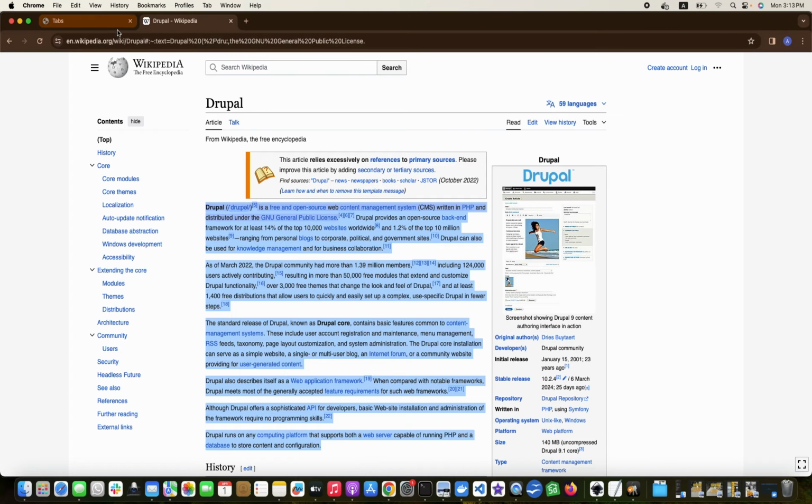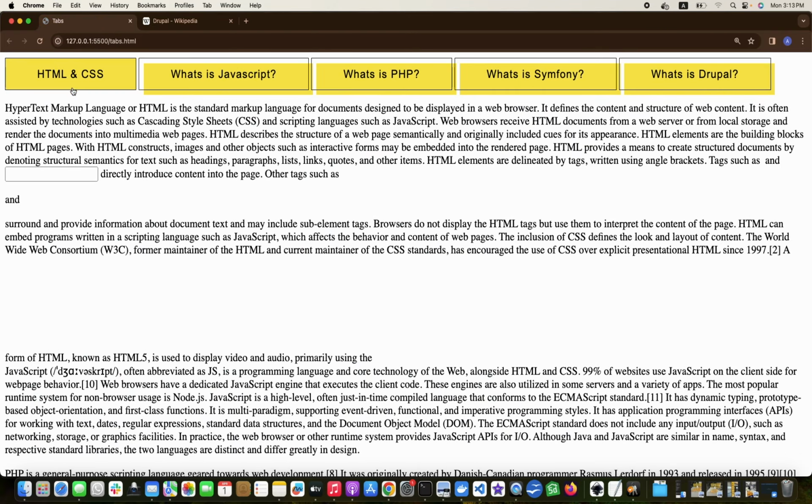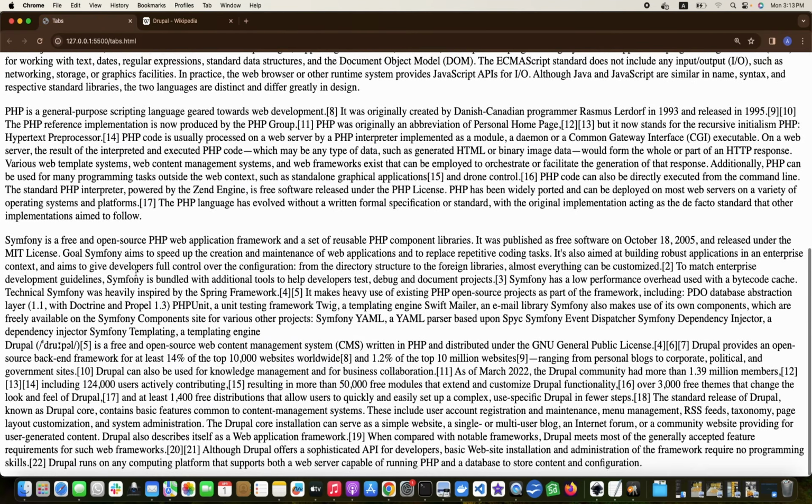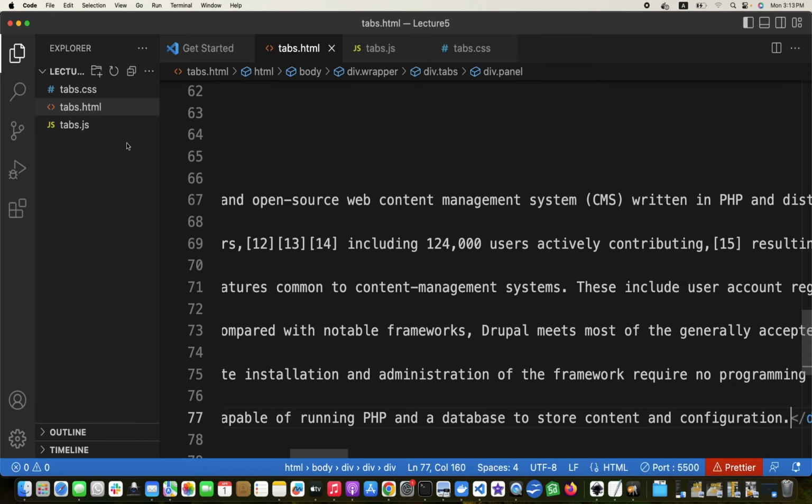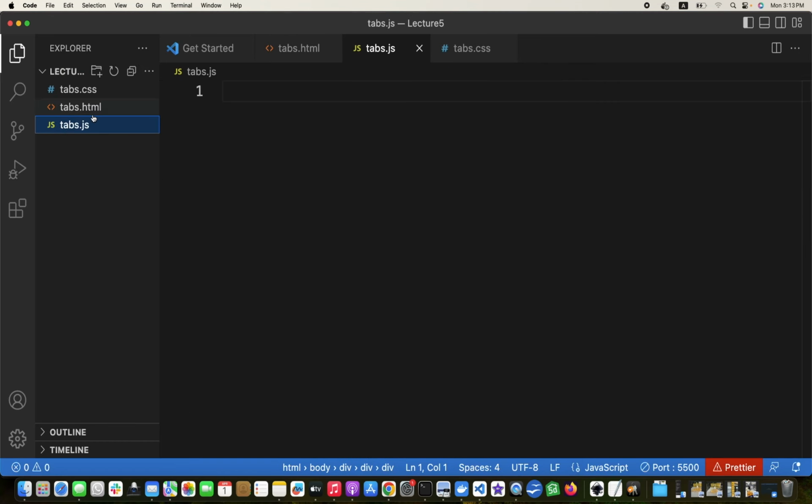Okay, so if we now go to, this is the HTML part, all of them are on the same page right now. So what our goal now is to make each of these buttons clickable so that only the relevant ones are shown. So it is JavaScript time now. Let us go to JavaScript. If we check our markup